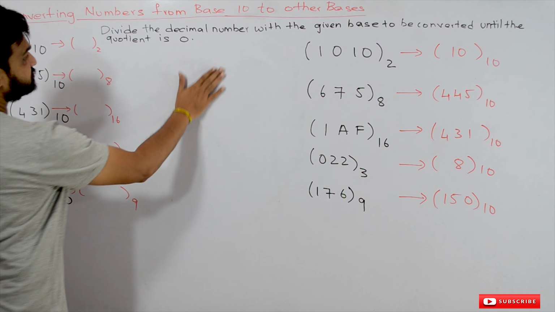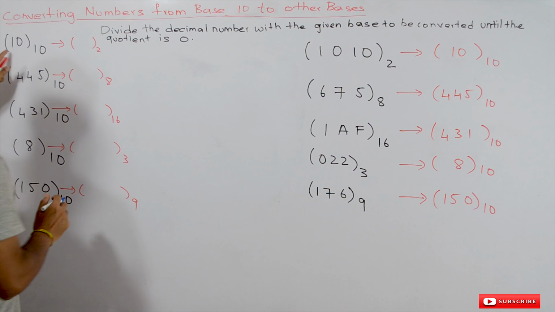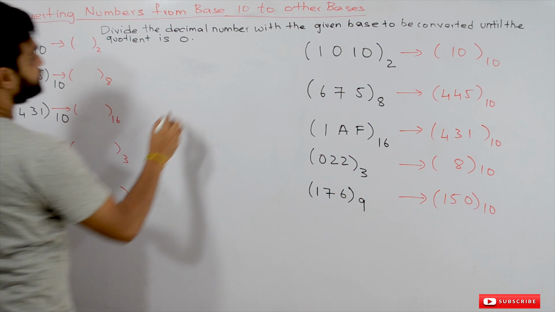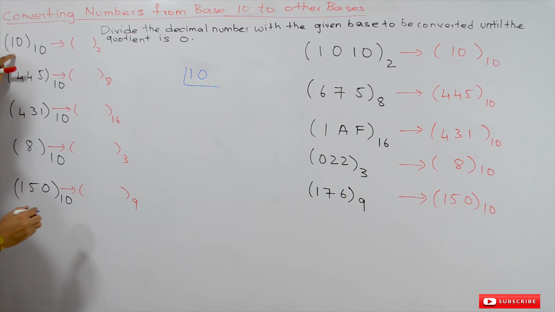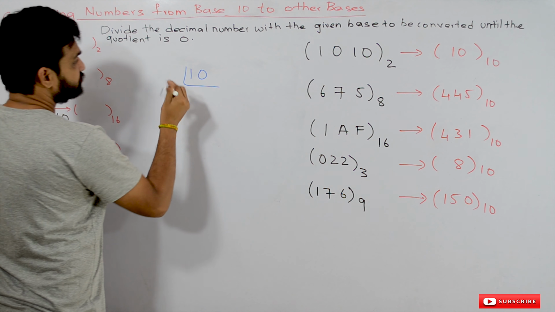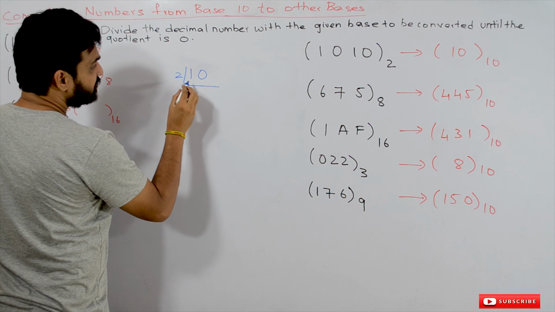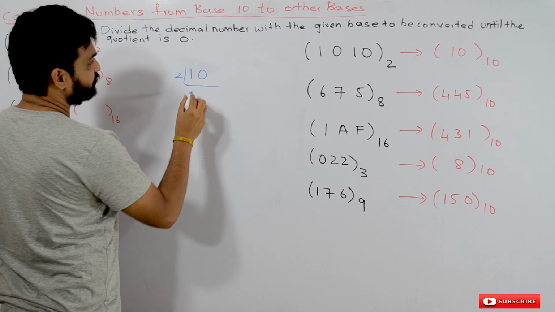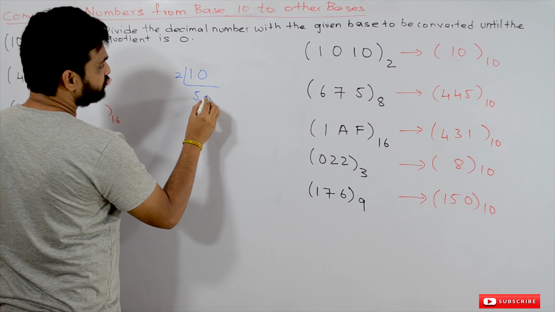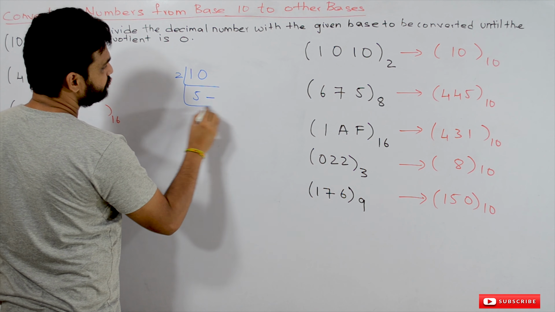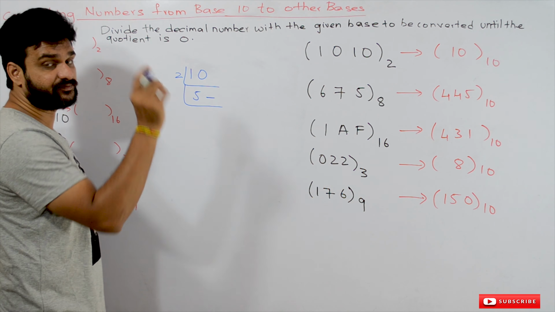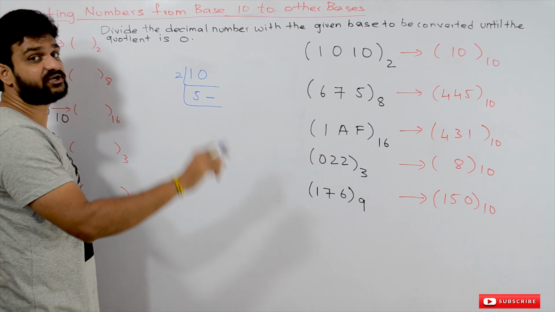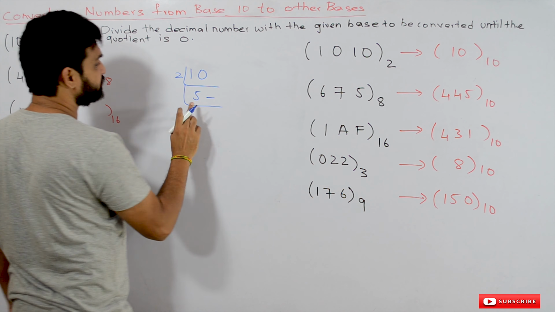Now coming to our first conversion, the base is 10. It is a decimal number. 10, we have to convert it into binary. How to convert? Divide this decimal number until the quotient is 0, and take the remainders. The concept of double dabble has already been discussed, so based on the assumption that you have already watched that video, we are doing this video.